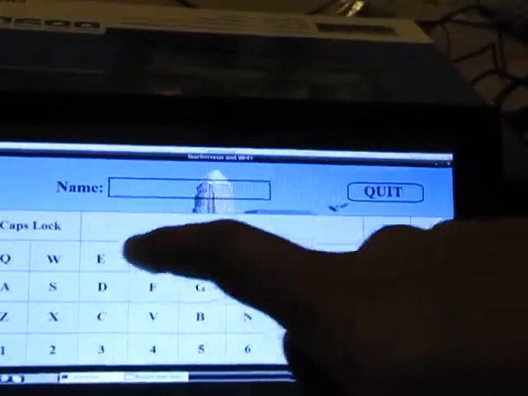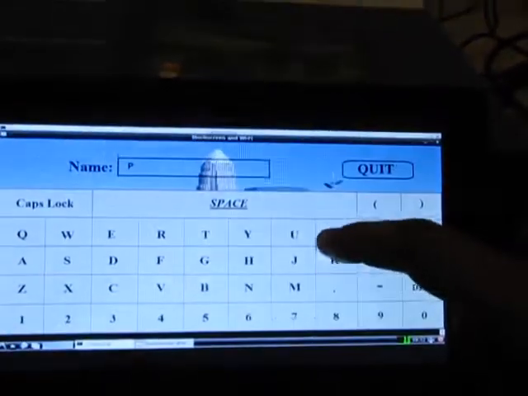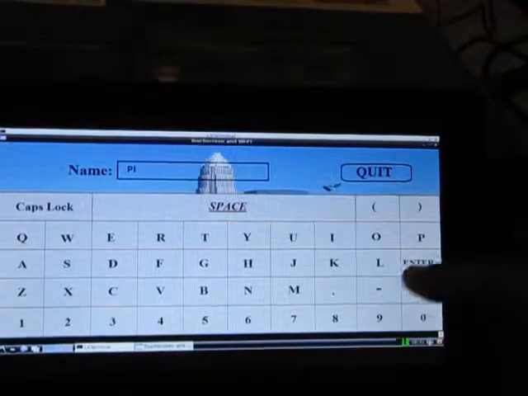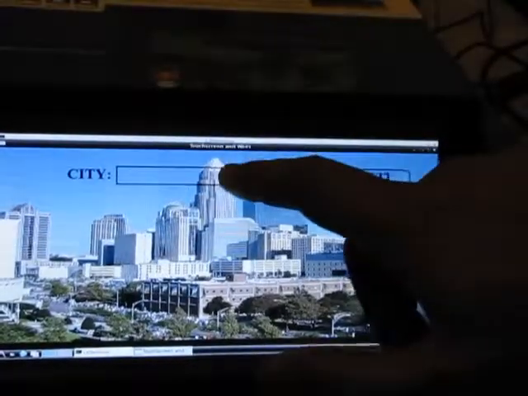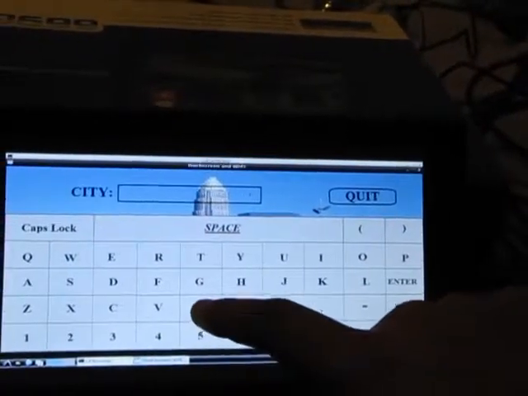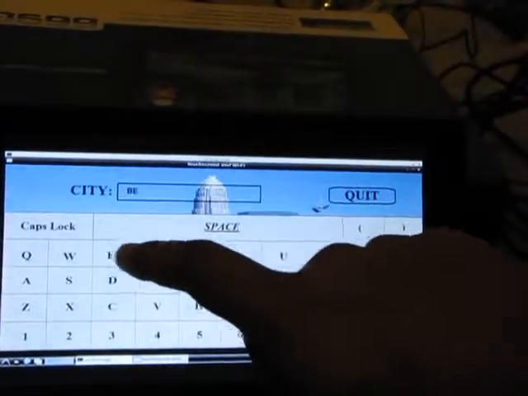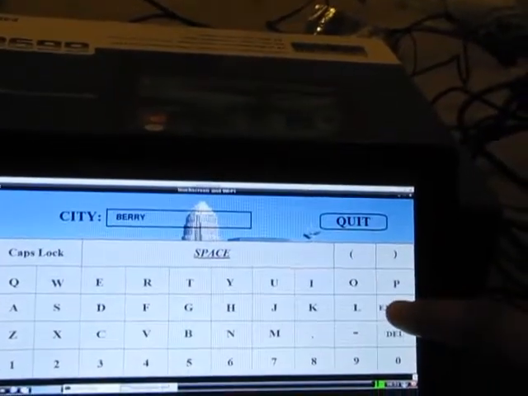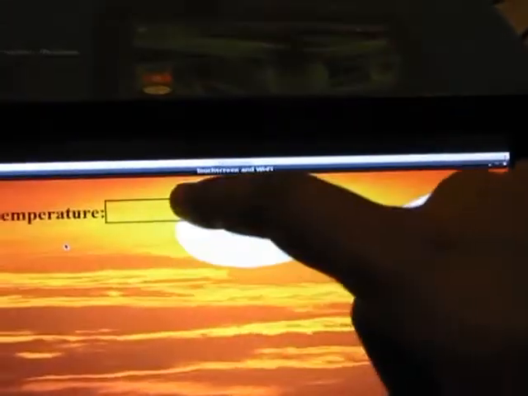Now here, suppose my name is Pi, city name is, and here it is temperature.